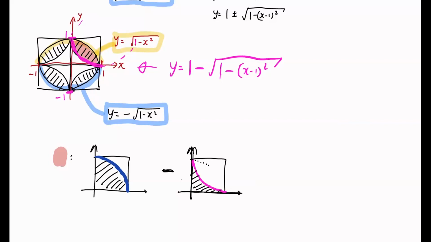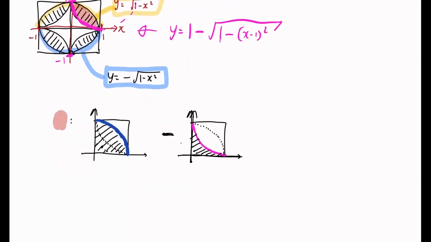I'll use broken lines to represent the other half of that curve. Correct or not? You can take area under the blue minus area under the pink. That gives you the area in between, the leaf. Does it make sense? So how would you do that? You already know the technique. It is just the integral of